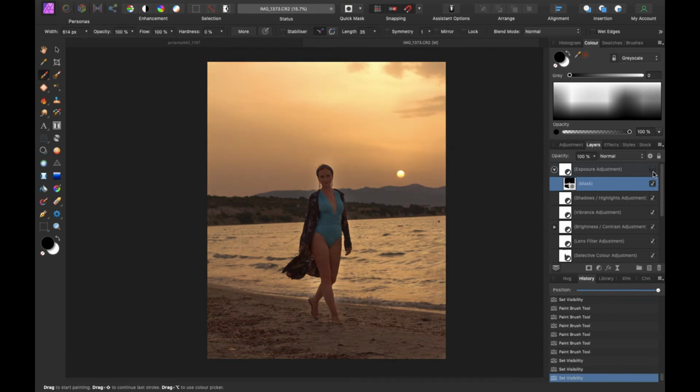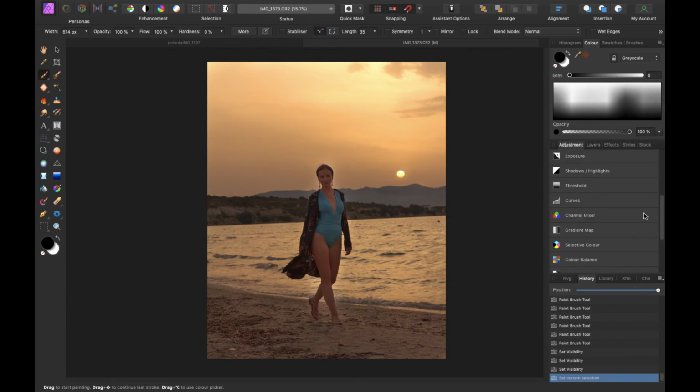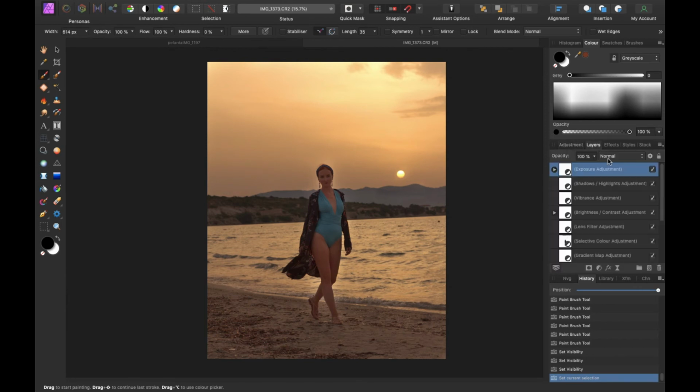And I think this works really nicely, and I think I will leave it on the sand because the sand was a little too dark as well, and this kind of balanced it, like it's supporting the way the model is looking. It's working nicely. So before and after,